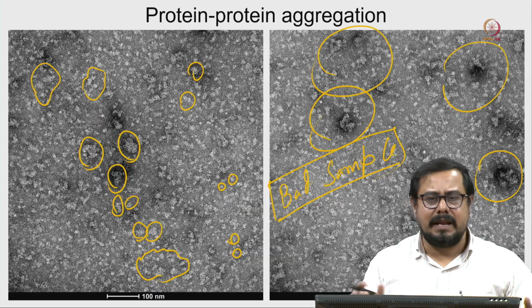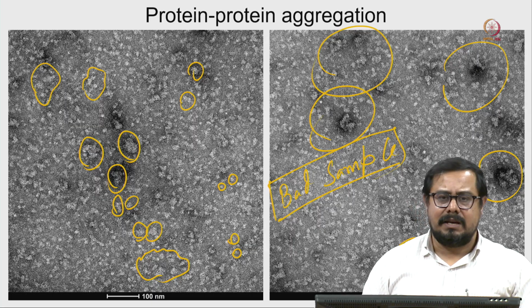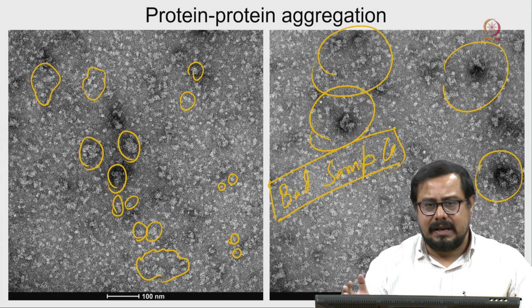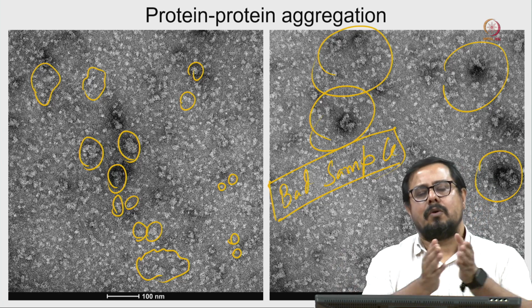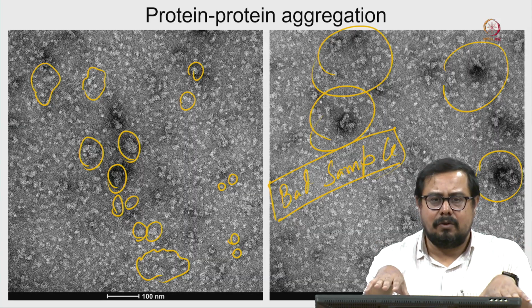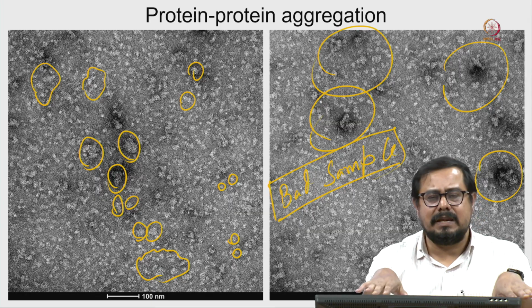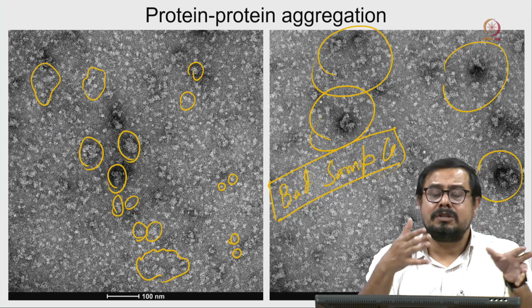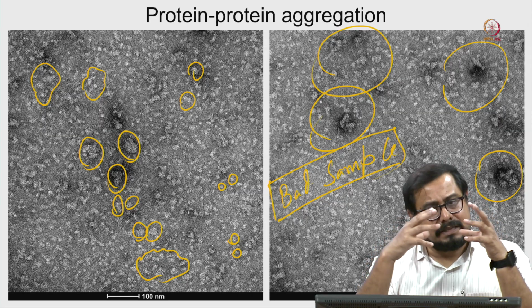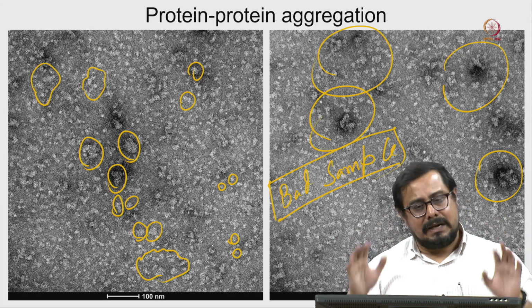So far we have been constantly showing you some bad images, right? Starting from a very light stain, then a very thick stain, there is some problem, the sample is very heterogeneous. With the lipid protein, when we talked about the antigen antibody interaction, I mentioned that overall staining is good, but the sample is bad because it is either some kind of aggregation or antigen antibody reaction. We can see some complexes, but then a lot of free antigen and free antibodies are there. So that is a problem again.